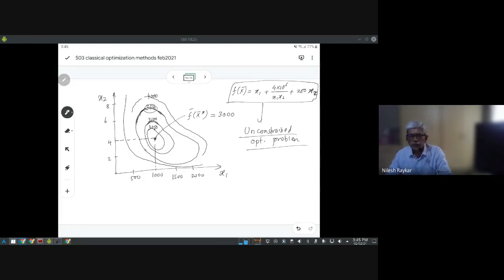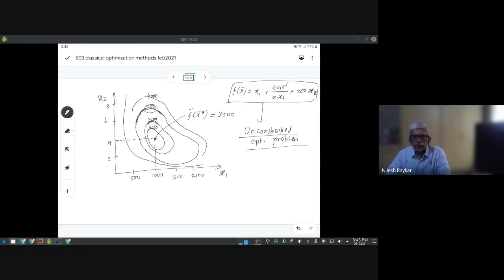Next, in the next session, we will look into what is known as optimization problems with equality constraints. Equality constraints are somewhat easier to handle than inequality constraints. And finally, we will have the most generalized optimization problem where we will look into problems with equality as well as inequality constraints. For that purpose, we are going to use the Lagrange multiplier method. That method allows you to convert a constrained problem into an unconstrained problem, and then we can solve it.